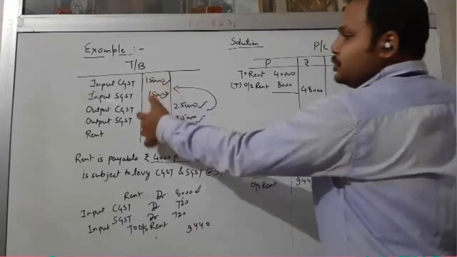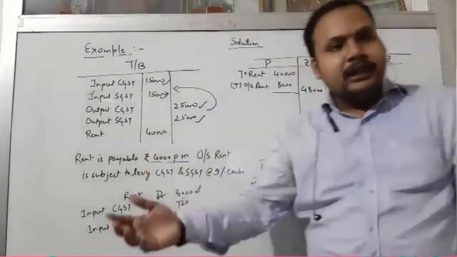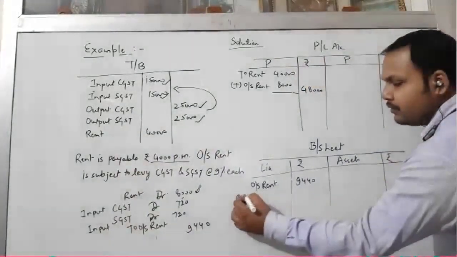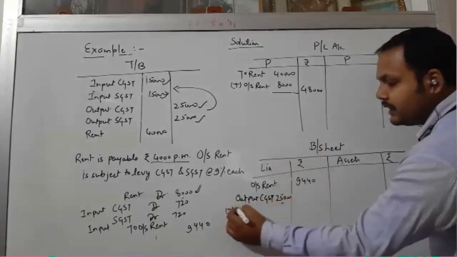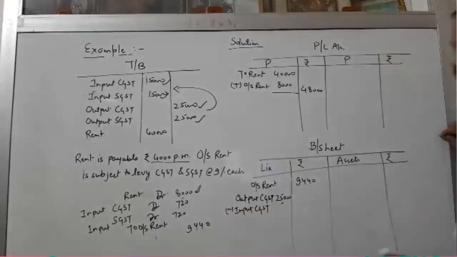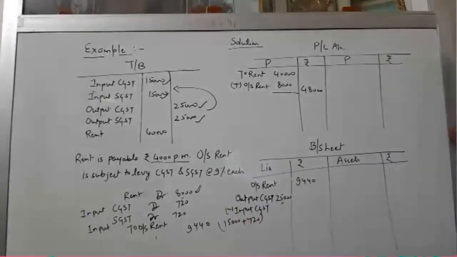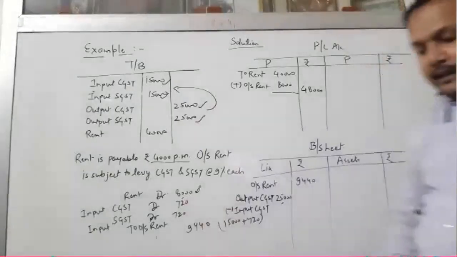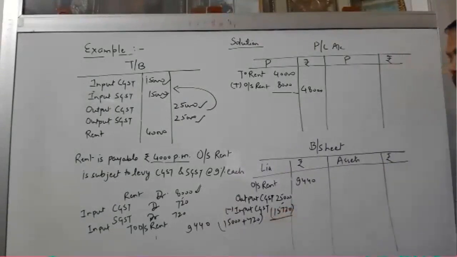अब आते हैं, इन सबको show करना है। Input GST और output GST को हम कहां show करते हैं, जिसका balance ज्यादा होता है। Output GST की value ज्यादा है as compared to the input GST, so output GST will be shown in the liability side of the balance sheet। So हम लोग क्या करेंगे, first of all output CGST आपका कितना है, output CGST है आपका 25,000, और उसमें से minus करेंगे input CGST। Input CGST पहले कितना था, 15,000, अब और कितना increase हो गया, 720। यही मुझे आपको समझाना था। Now your input CGST will be 15,720। 15,000 पहले था, 720 अभी बढ़ गया due to the outstanding rent। सो आप इसमें से minus कितना करोगे, 15,720 rupees आप deduct करोगे। So your output CGST after adjusting the input CGST, that is 9,280।